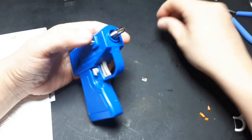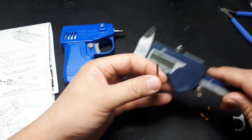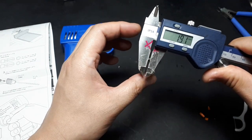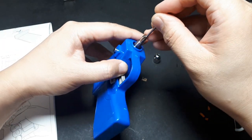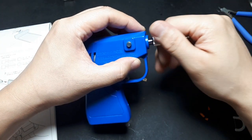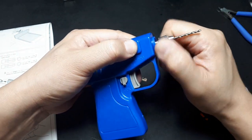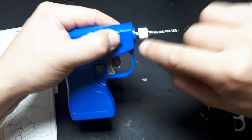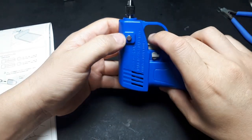And then actually, let's see how big this bit is that they gave us. This is a 1.9 millimeter drill bit. So now the collar. Now you're gonna have to hold this down in order for the chuck to engage. Right there. So when it engages, it's totally flat. So that's keeping this thing from spinning, and now you can tighten this down and hopefully keep that drill bit from being loose. Once it pops out,